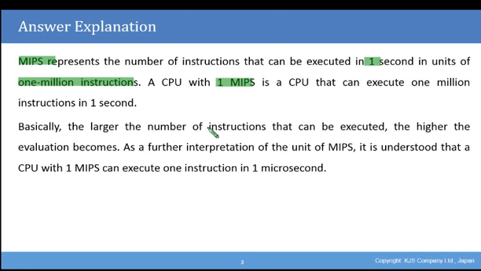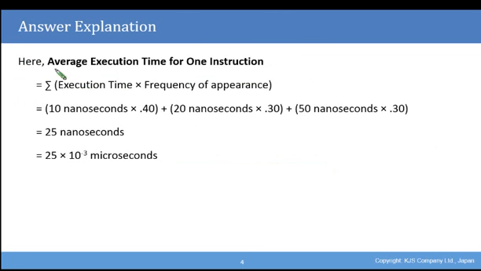Basically, the larger the number of instructions that can be executed, the higher the evaluation becomes. As a further interpretation of the unit MIPS, it is understood that a CPU with 1 MIPS can execute 1 instruction in 1 microsecond. So here, the average execution time for 1 instruction can be calculated. This is going to equal the sum of the execution times times the frequency of the appearance across each